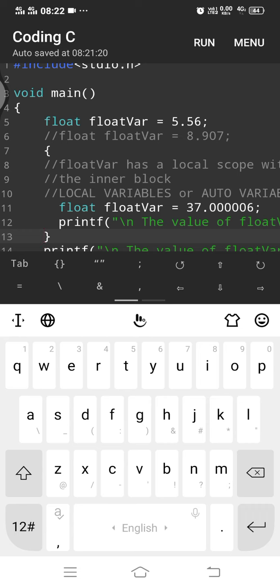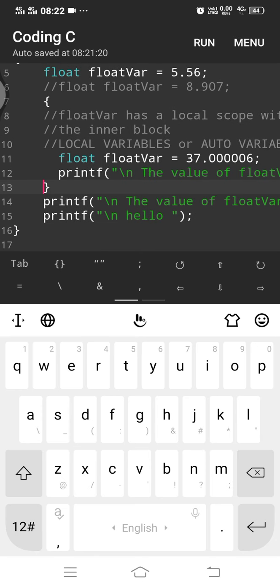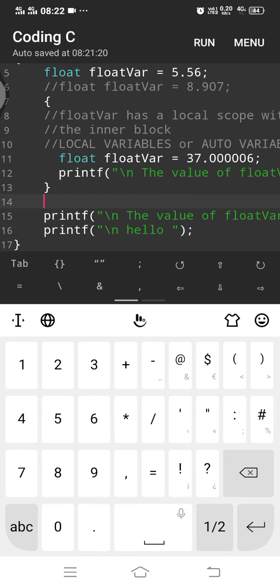So blocks enclosing blocks are called outer blocks, and blocks within blocks are called inner blocks, and two blocks that are not within each other are called external blocks to each other. Here there are no external blocks because void main is the main function block, and within it there is this inner block here. I can also have another block, let's say just this,